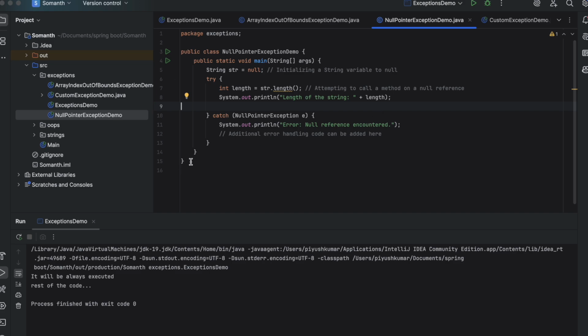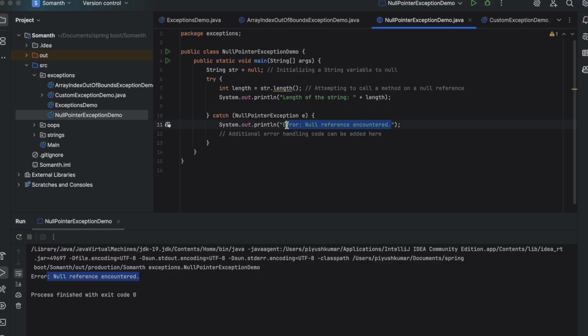Unchecked exception means it will not be caught at compile time. So you can see that my program is compiled. I'm not able to see any error. But when I run this program, I'll see that a null pointer exception is thrown. So let me execute this program, and here you see it is saying that null reference encountered,